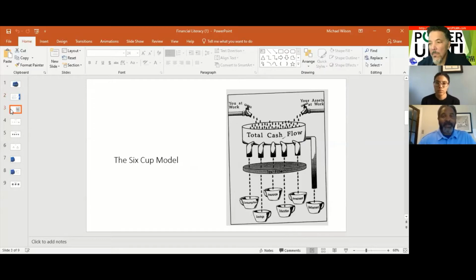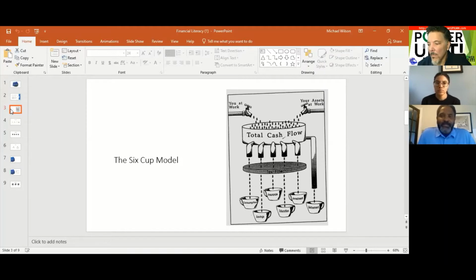So again, we talked about the 6-cup model, and the idea is that there are total cash flows that come in, either from you at work and the wages, consulting fees, or whatever that you may bring in, as well as your assets that may be at work. Now, for the vast majority of first-generation people,